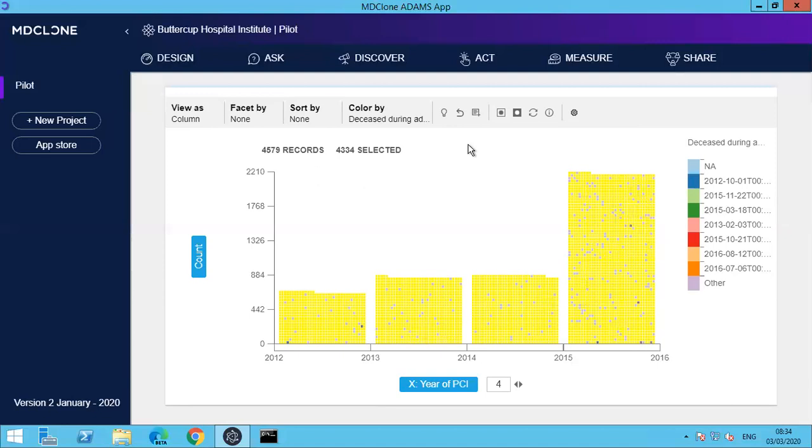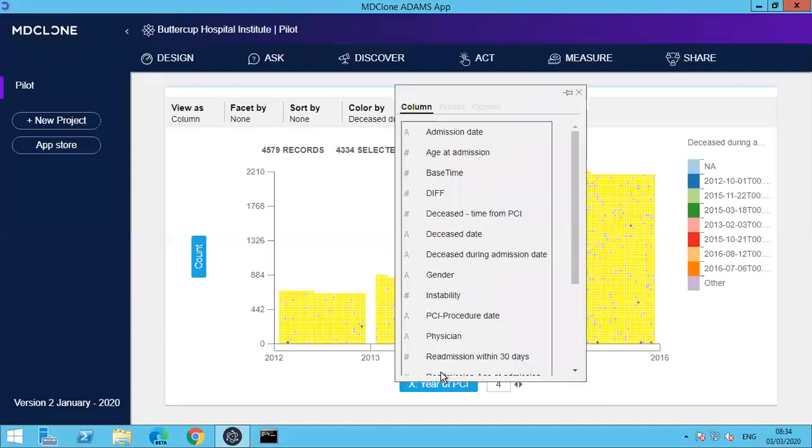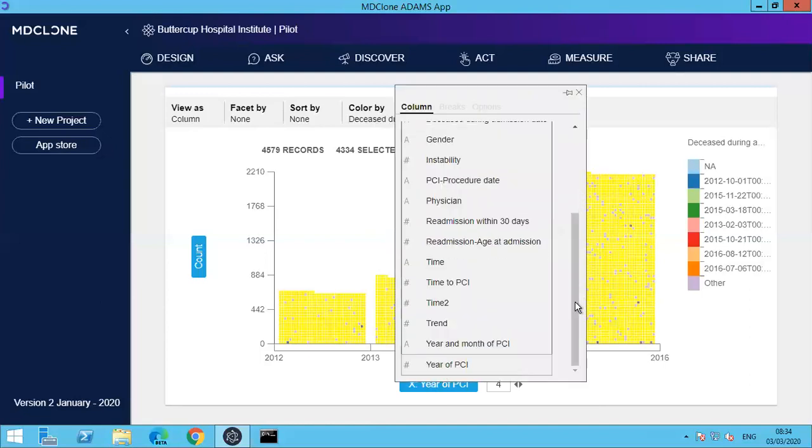And this is a question: why is this happening? Why are more people dying? Maybe the jump here is because I'm treating older people. How can I see if I'm treating older people? I may select